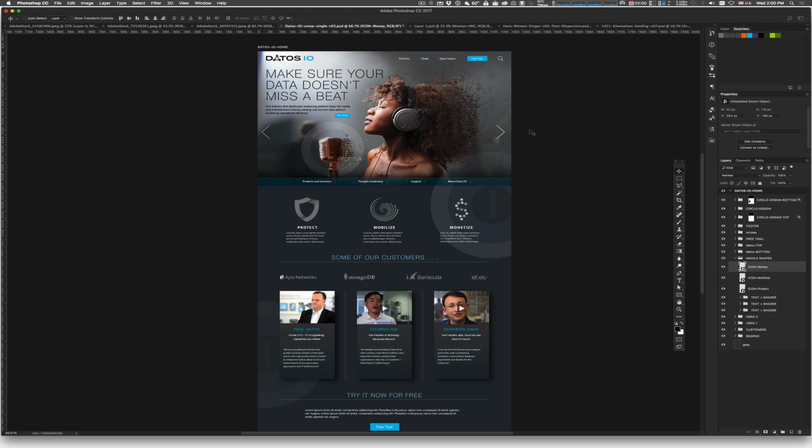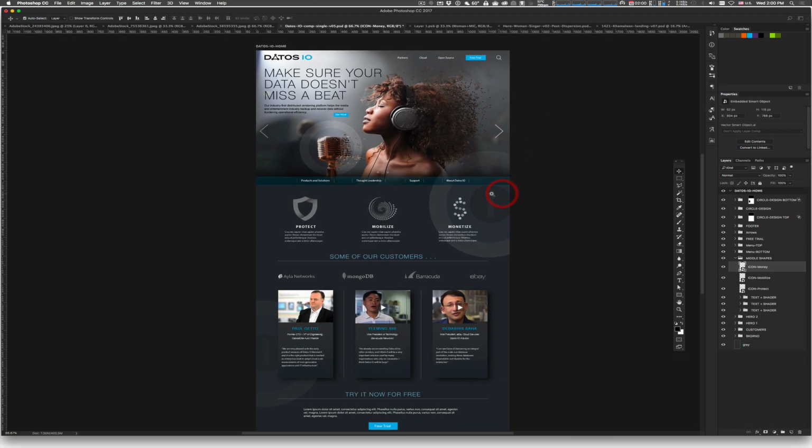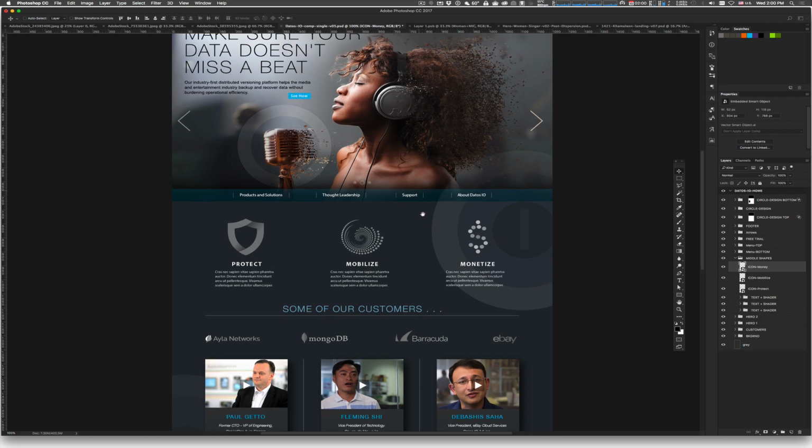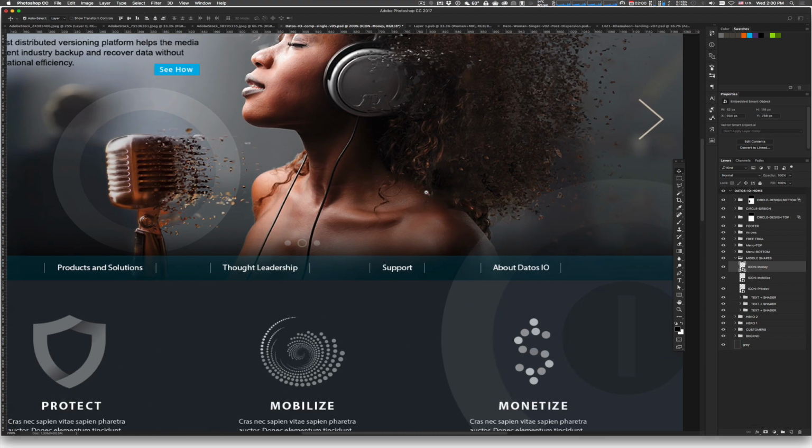But it's really cool. We basically had three designers that had come up with three completely different directions. This was one of them, and everybody really loved it. But it wasn't just the direction that the client at this time wanted to go. So they went through a different direction. But it was pretty cool, and I thought it would be something that I could kind of show people how